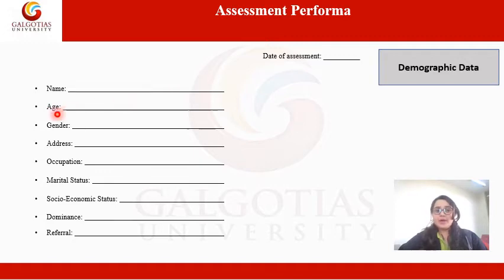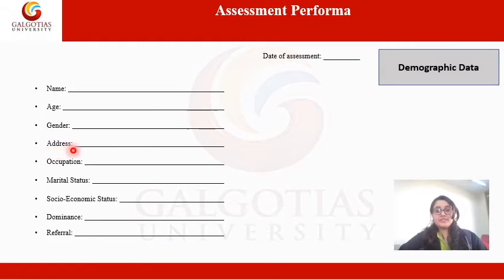Next comes the age. Age is important because some of the problems or diseases occur only at a particular age. For example, osteoarthritis only happens in old age. The chances are very rare that the patient would have arthritis in the early stages. So age gives us an idea that whatever symptoms we are listening to can have relevance to a particular kind of disease. Similarly is the case with gender. Some conditions are more prevalent in males as compared to females.